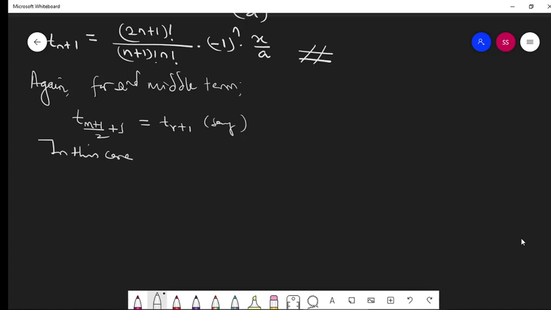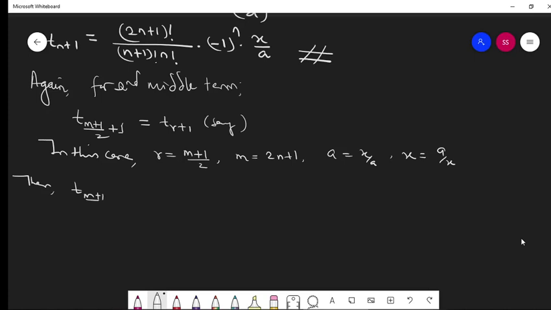In this case, dear student, r is (m plus 1) by 2. m is 2n plus 1, given in the question. What is the first term we have been given? x over a, and the x term is a by x. In this case we can find these. Then, dear students,